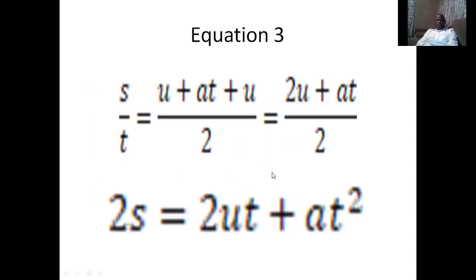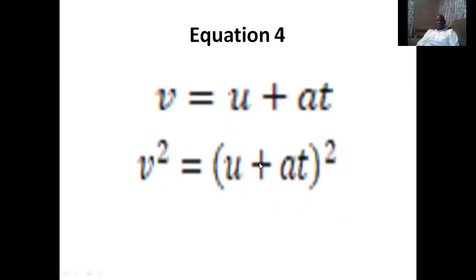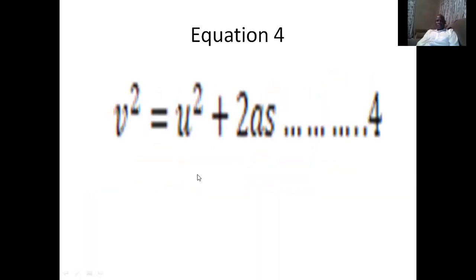Then the third equation is displacement is equal to initial velocity times time plus half multiplied by acceleration times t squared. And then the fourth equation is final velocity squared is equal to initial velocity squared plus 2 times acceleration